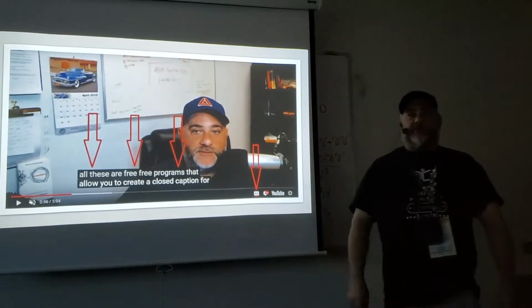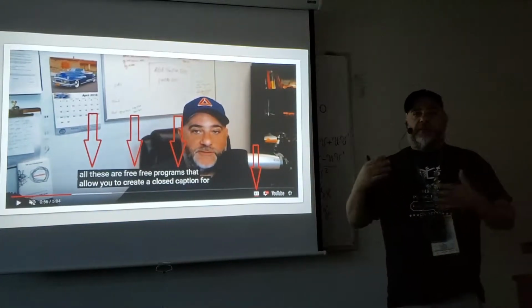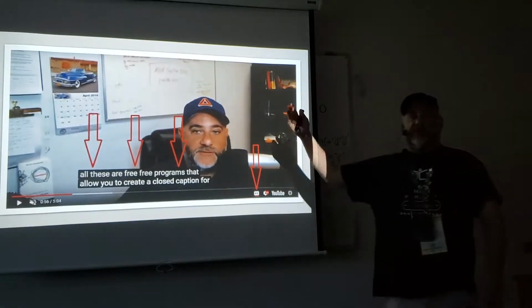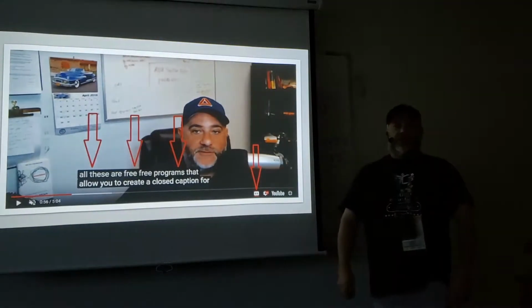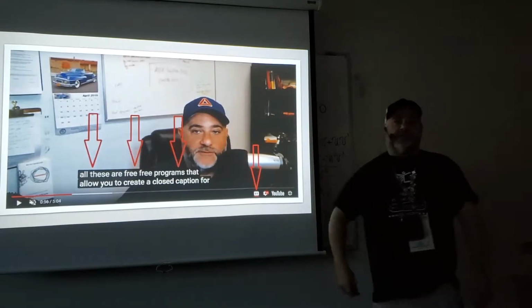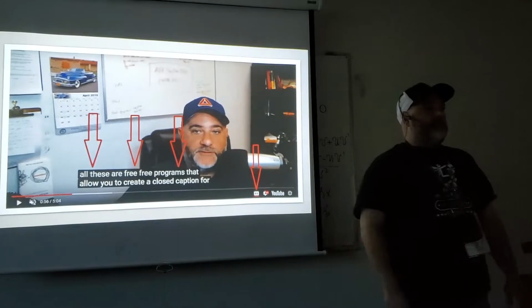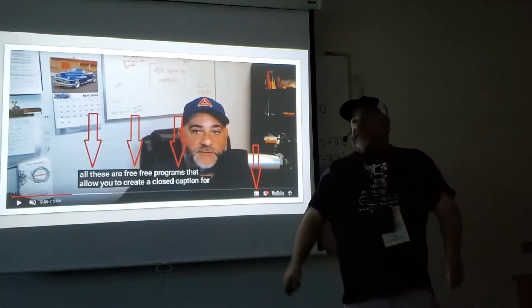There's always going to be issues, especially if you're muffled or not using a good mic. The better quality your sound is, the better they'll be able to do it. And there are other companies, like Amazon, that do stuff like that for very cheap, but YouTube does it free. So all you do is press the CC button and it automatically adds that? No, this is a finished product.